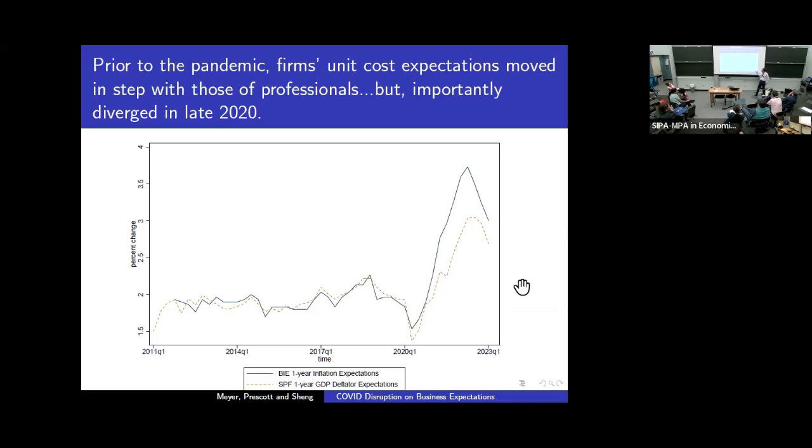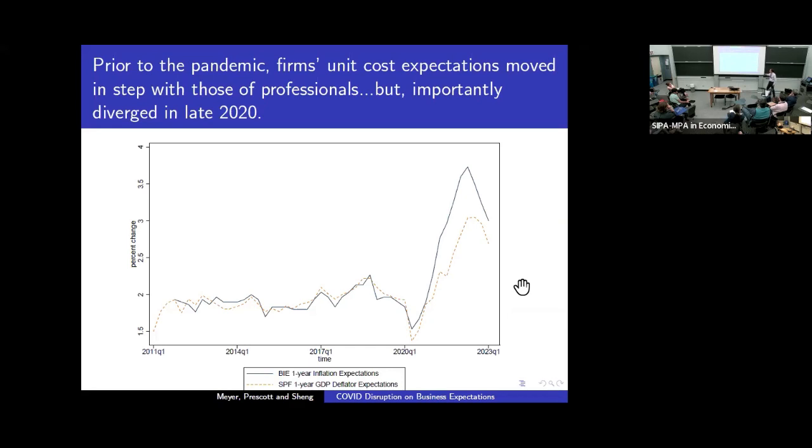So both firms and professional forecasters view the beginning of COVID as a negative for inflation, and see the start of COVID as a negative demand shock. Okay. The supply aspect didn't come right away. It took some time, but when everybody switched, that switch was almost instantaneous. Okay, this is the first point I want to make here.